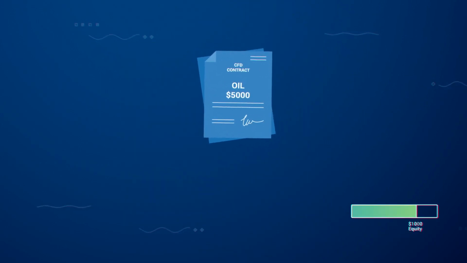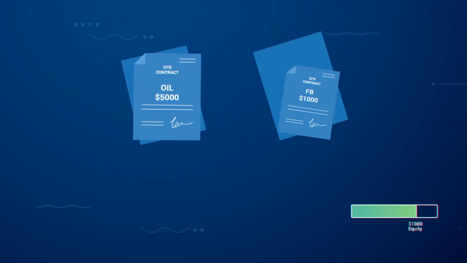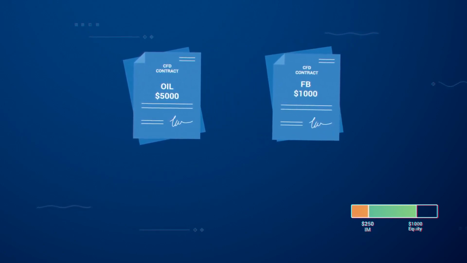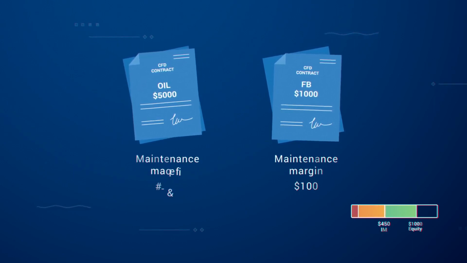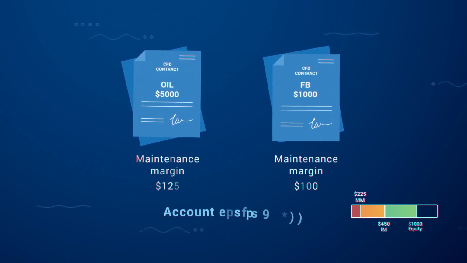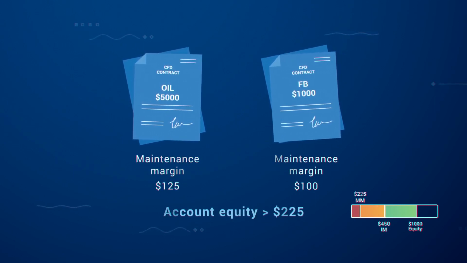There may be prior margin commitments from other active positions, so it is important to continuously monitor your account equity. Let's say that in addition to your oil position of $5,000, you also have an open position on Facebook for $1,000. If Facebook's maintenance margin is 10% or $100, then your equity must remain above $225 to keep both